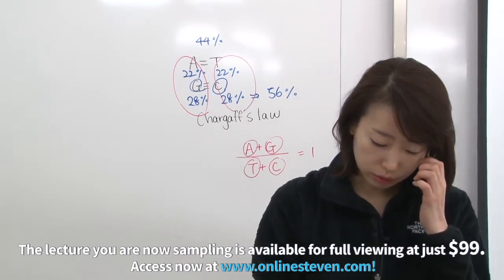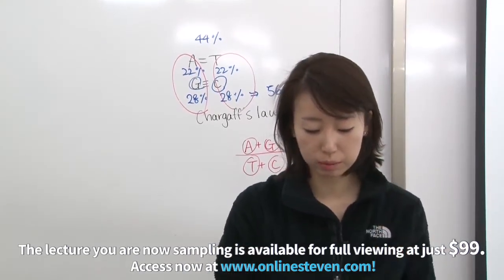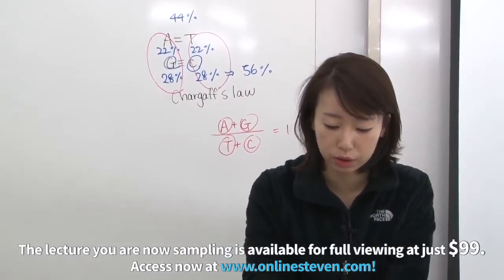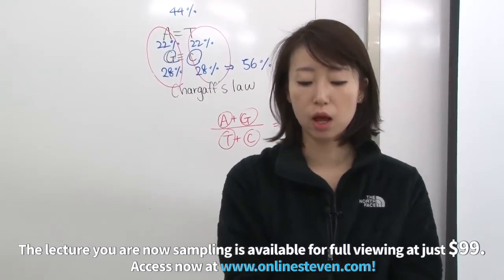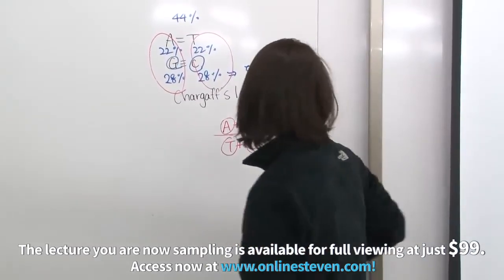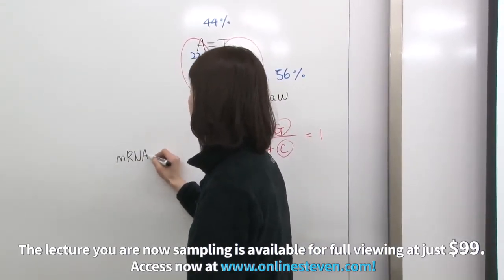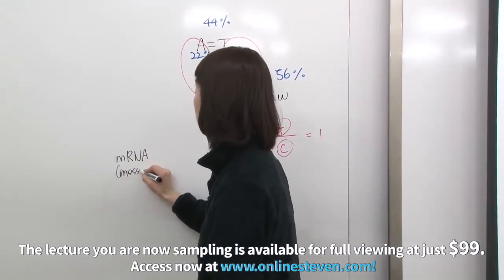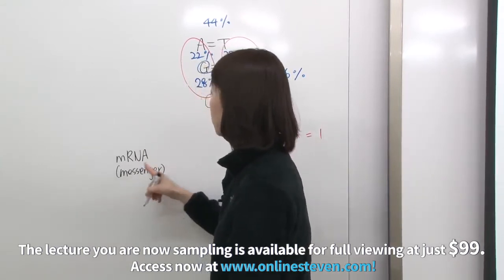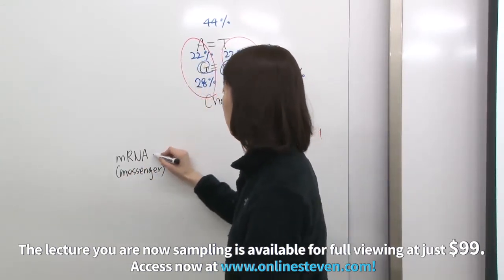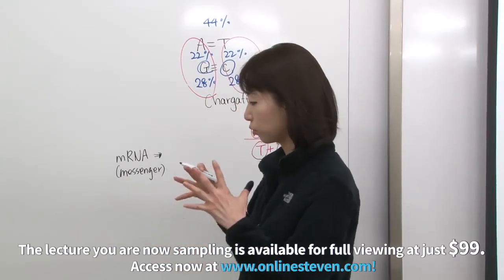Number 3, all of the following statements about RNA are correct except: A, there are 3 kinds of RNA, mRNA, rRNA, tRNA. In order to summarize, mRNA is the messenger RNA. So mRNA actually gets involved in transcribing